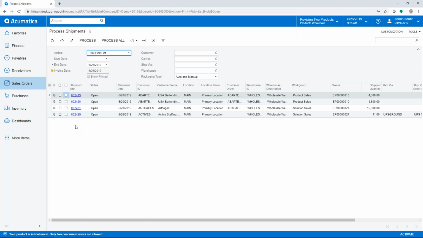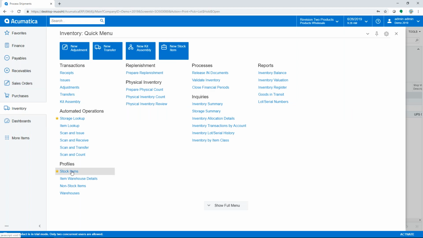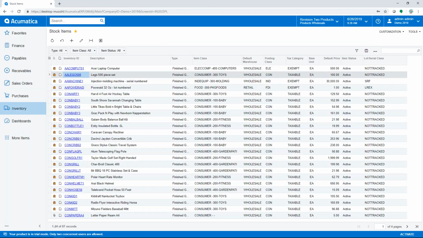All right. So now our shipment is created, our order is ready for picking, and now we're going to move back to the warehouse scanner. And we're going to actually use the scanner to pick, pack, and ship this order. Really quickly, I want to show you a feature that we're going to use during this pick, pack, and ship. So if we go into our Lego item,